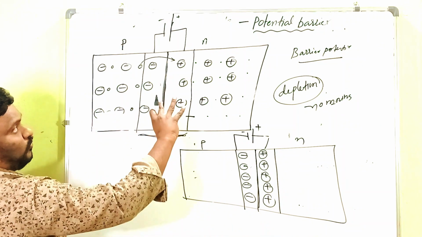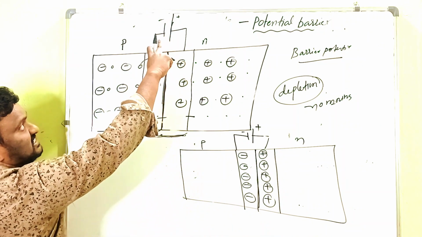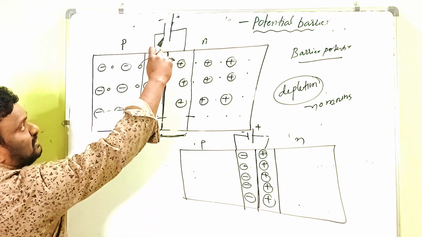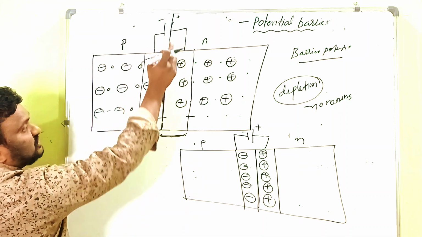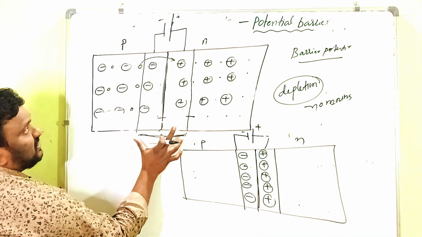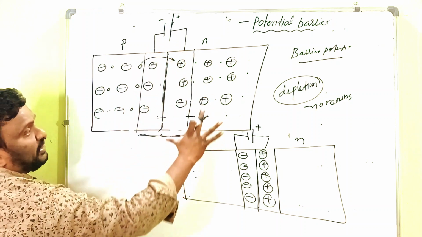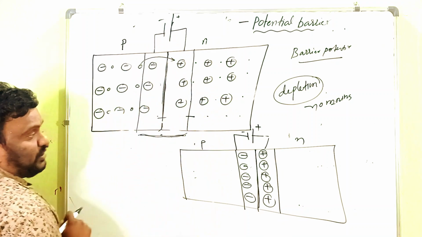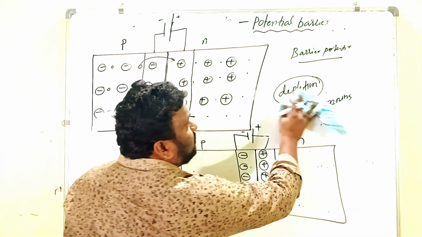Clear? This is the positive and this is the negative. What we say, it is like a battery. That's why it is having some potential. This depletion layer should be having some potential. That potential is what we call barrier potential. So children,